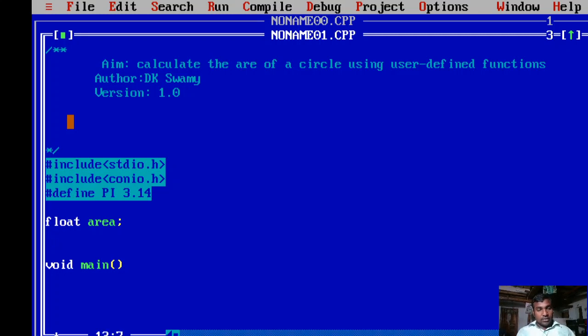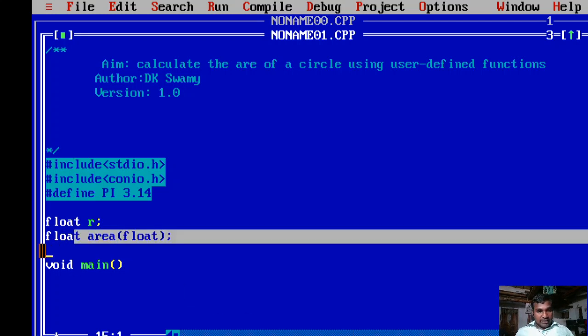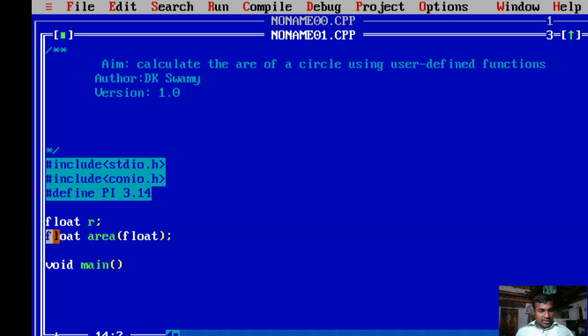Float radius, r represents radius, let us assume. Then float area: here area is a user defined function. It receives a variable of float type, and after performing some operation it also returns a value, which is also a float type.